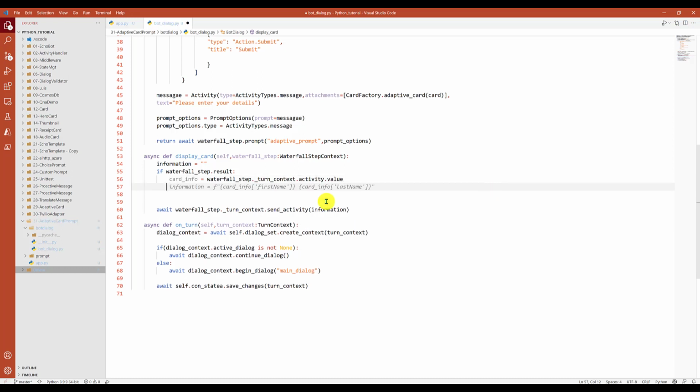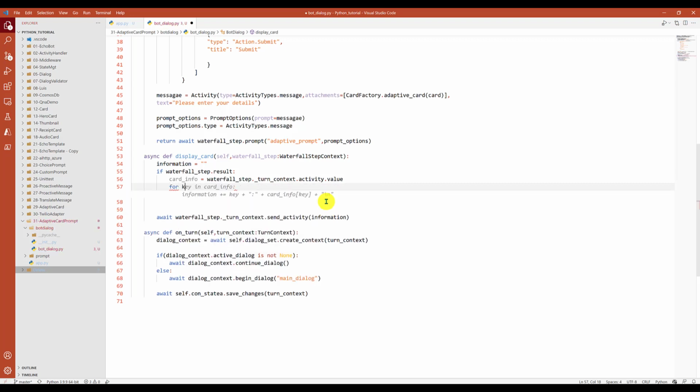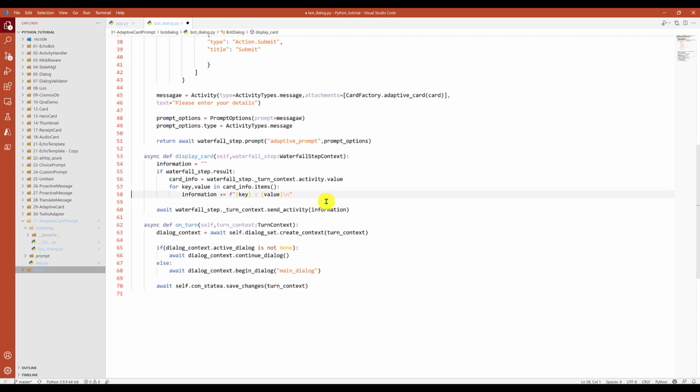The card info contains a dictionary, so we have to read from key value pairs. So we'll read for key, value in card_info.items. This key and value data is stored in the information field. So we read one by one, and finally, once the information is prepared, we display the data.